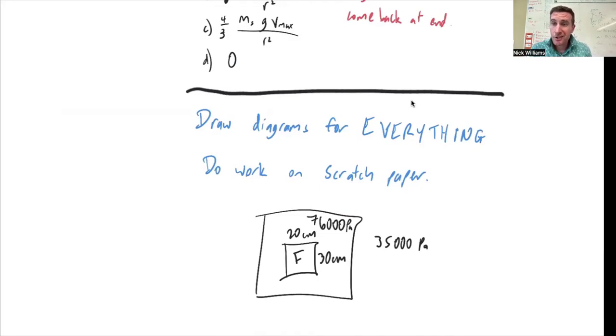Okay. So just drawing that, I've suddenly taken words and turned them into, oh, I've got a pressure and I've got a space that's an area and I've got a force. This is going to be a pressure equals force over area equation. So draw the diagram first and then run all of your work on scratch paper. Even if it's just jotting down notes as you're reading the problem, it's worthwhile time. The sketching should take you like 20 seconds, and that's very valuable time for answering those questions. Okay,